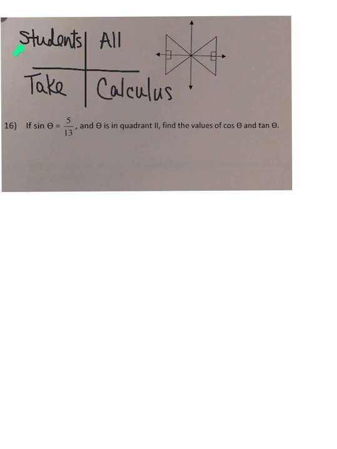Sine is the only thing that's positive in the second quadrant. Tangent is the only thing that's positive in the third quadrant. And cosine is the only thing that's positive in the fourth quadrant. Okay, so if you read the question, it tells you that theta